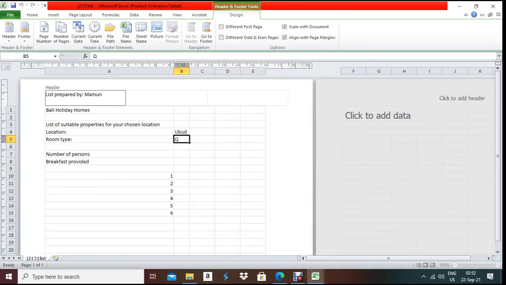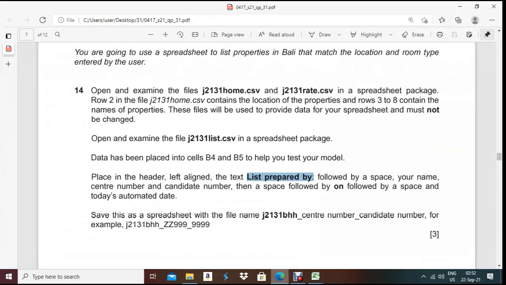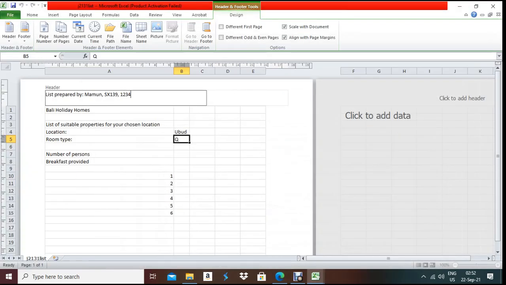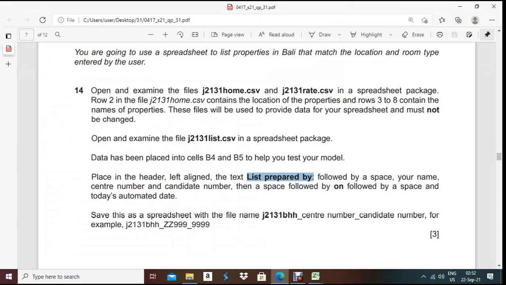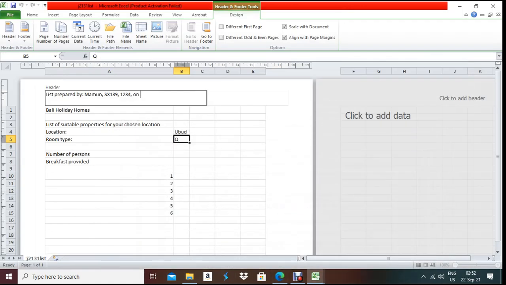I'm writing my name, center number SX139 for the girls part of our school, and candidate number 123, by default. Then give a comma, space, on, and then a space followed by today's automated date. So you have to click current date.